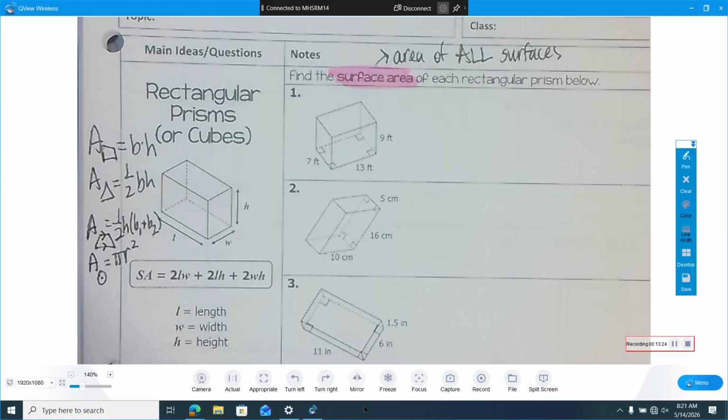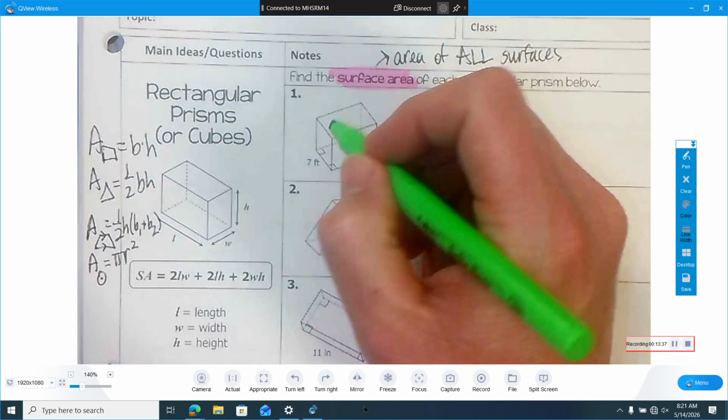6. Left, right, that's 2. Top, bottom, 4. Front, back, 6. Okay? They all come in pairs. All right? So what we're going to do is, I'm going to go ahead and start by